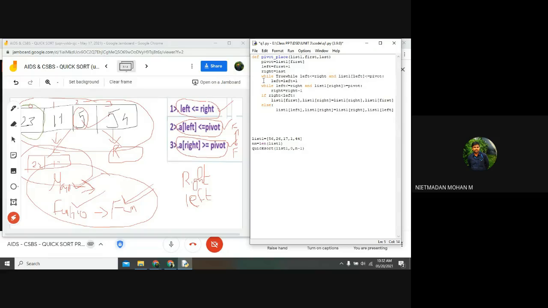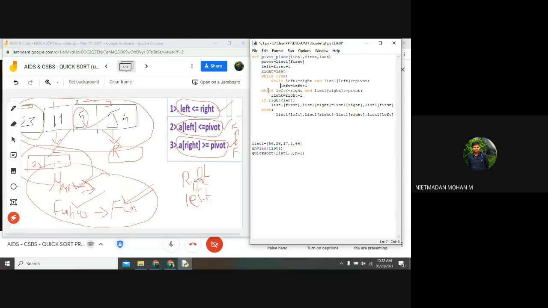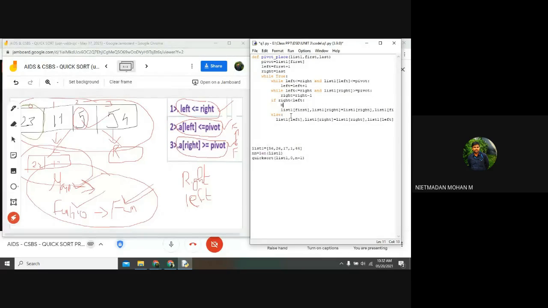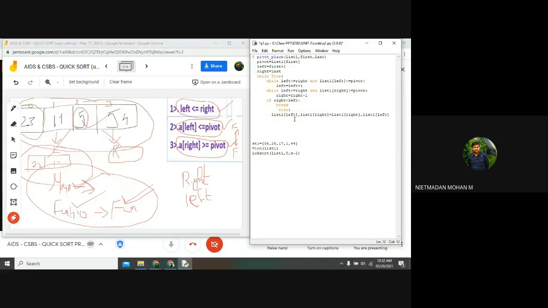Actually, you want to identify when this while condition will become true. I need a break statement for this particular while. Where will this program be terminated? When the first condition is false, the program will be terminated, right? So in that case, I will give the break statement there. If the first condition is false, I will give the break statement, and the output of this first condition getting false takes me outside of the loop.